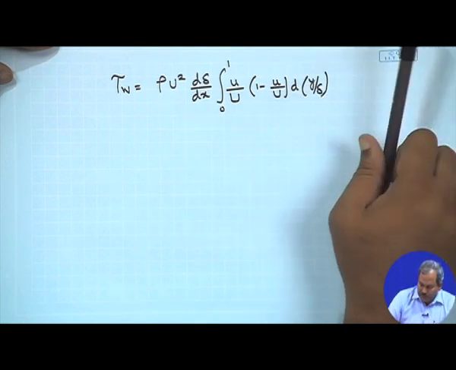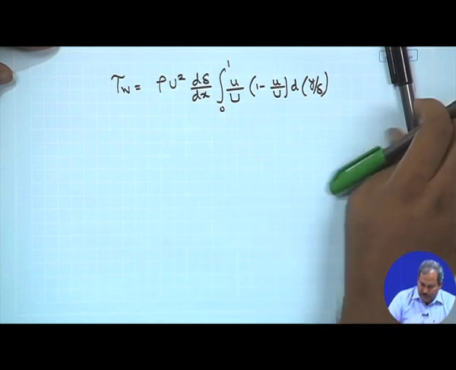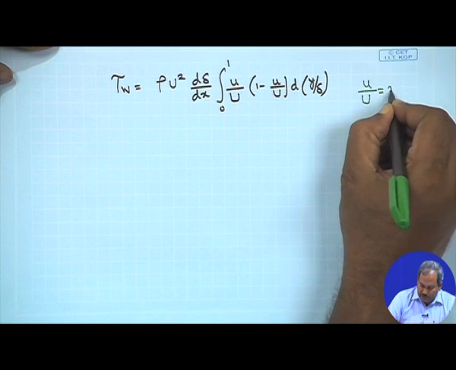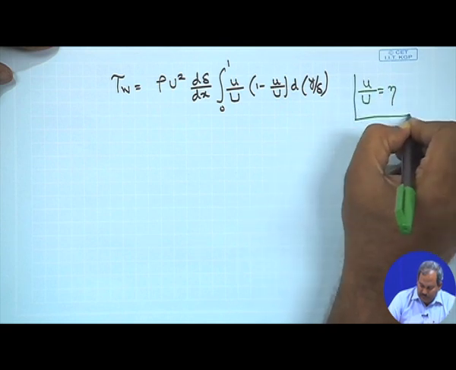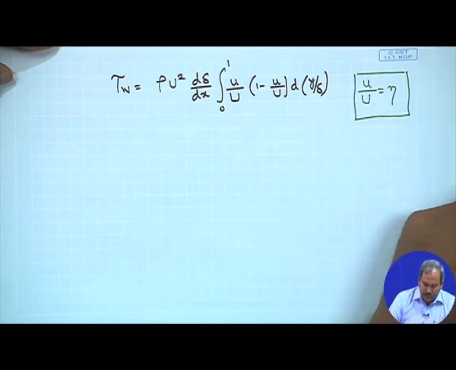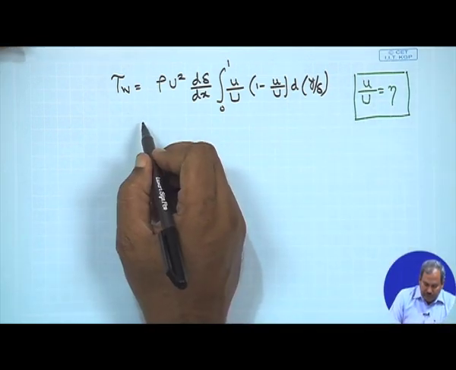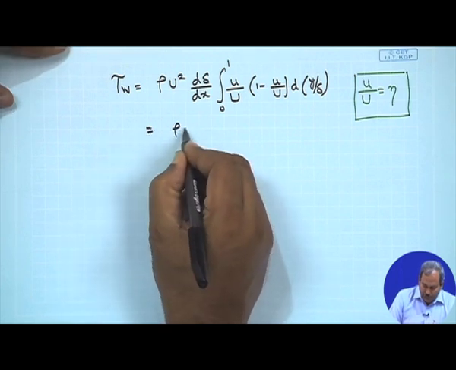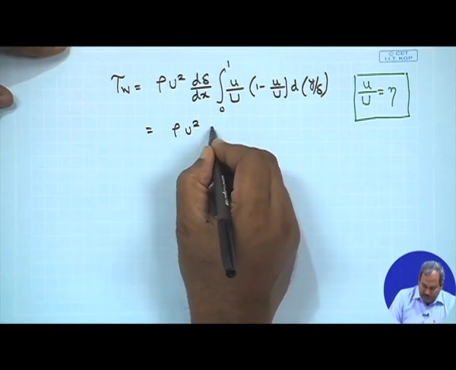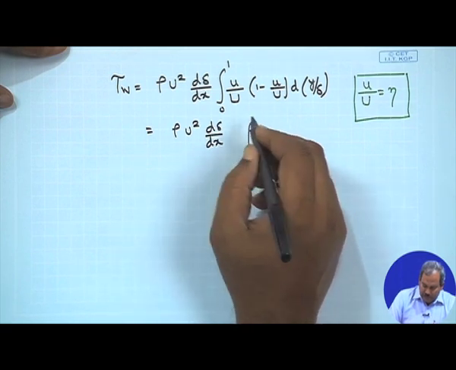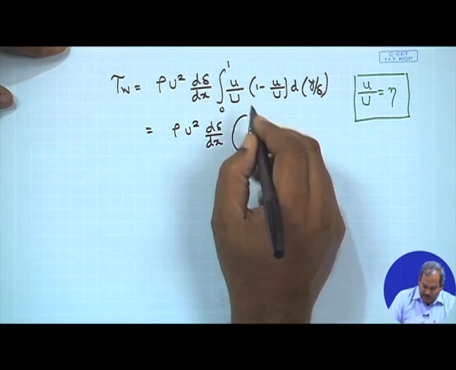We note here that it has been given that u by U is simply equal to eta, that is, a linear velocity profile is prescribed for this condition. So, this can now be written as rho U squared d delta by dx times beta,